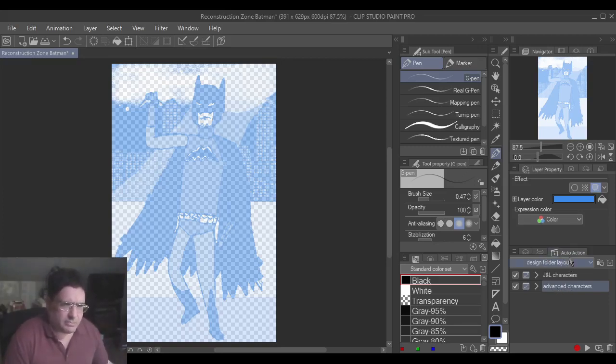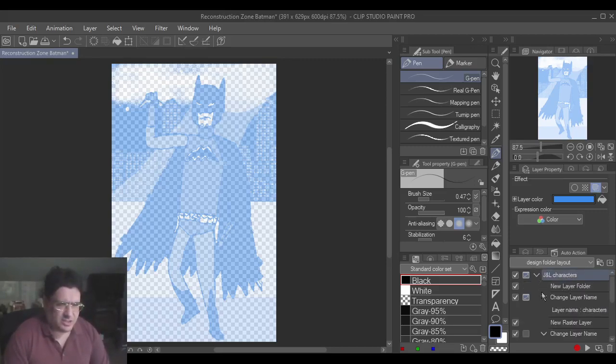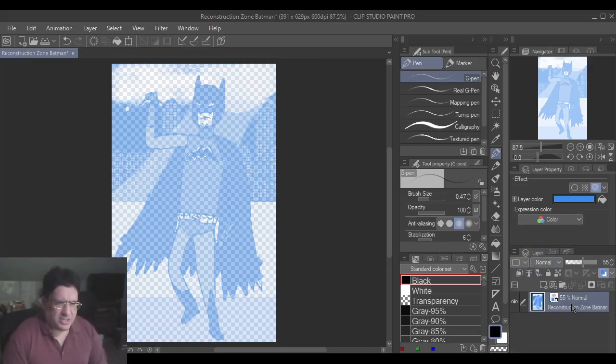As I think you can tell, I've gone into my auto actions. I created two original design auto actions, and I put them in a section called Design Folder Layout. This is the one I used for the Jake and Leon characters. It's not a whole lot of stuff to do there, and this is for what I'm calling the advanced characters. So once I click this, I'm going to show you here. All you have is just Batman, just this image. Now if I click here and I press play,